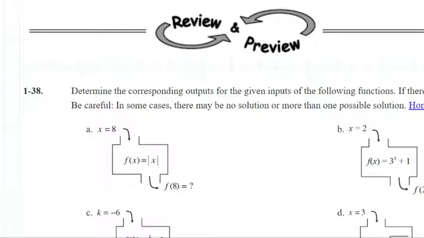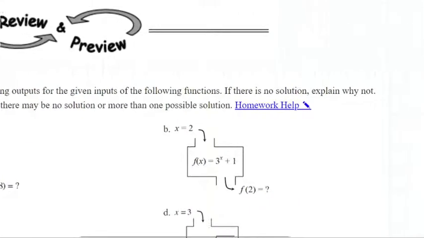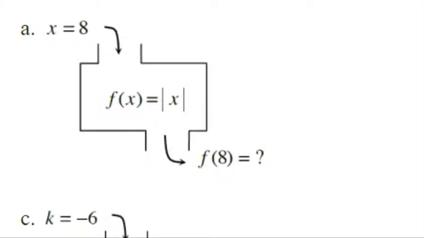In question 38, we're supposed to determine the corresponding outputs for the given inputs of the following functions. And we are admonished, if there is no solution, explain why or why not. Be careful, in some cases there may be no solution or more than one possible solution. So in this first one, I have here the